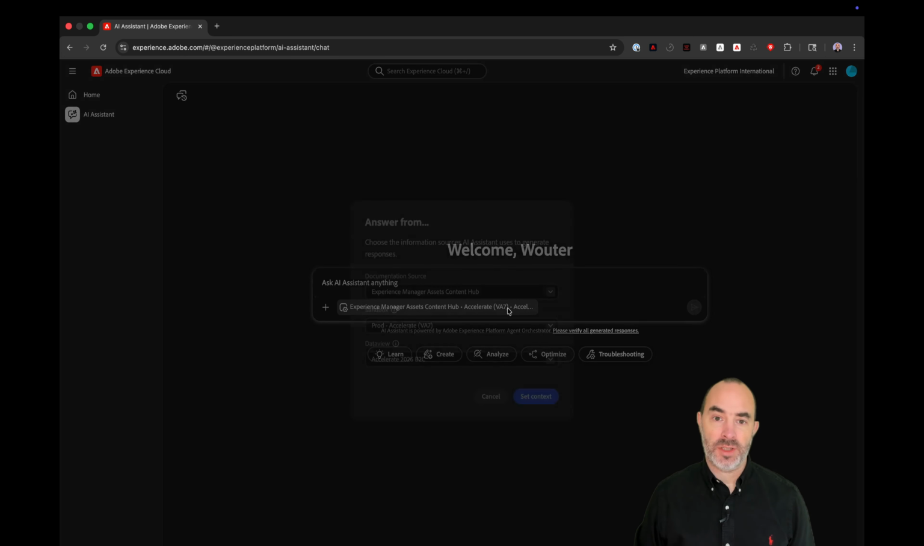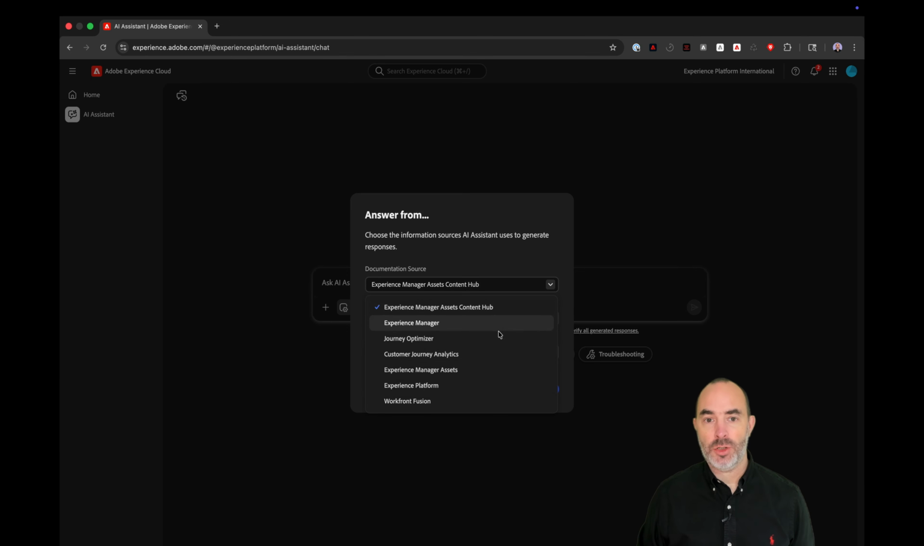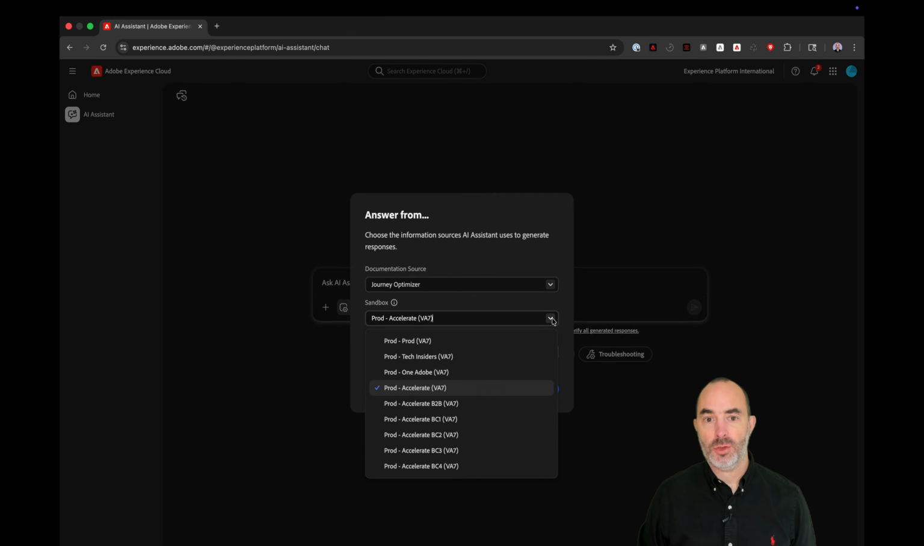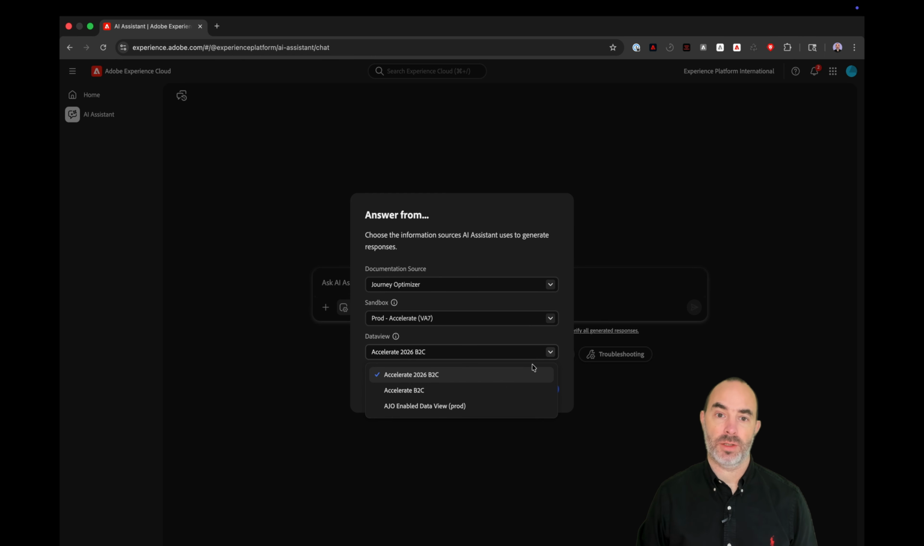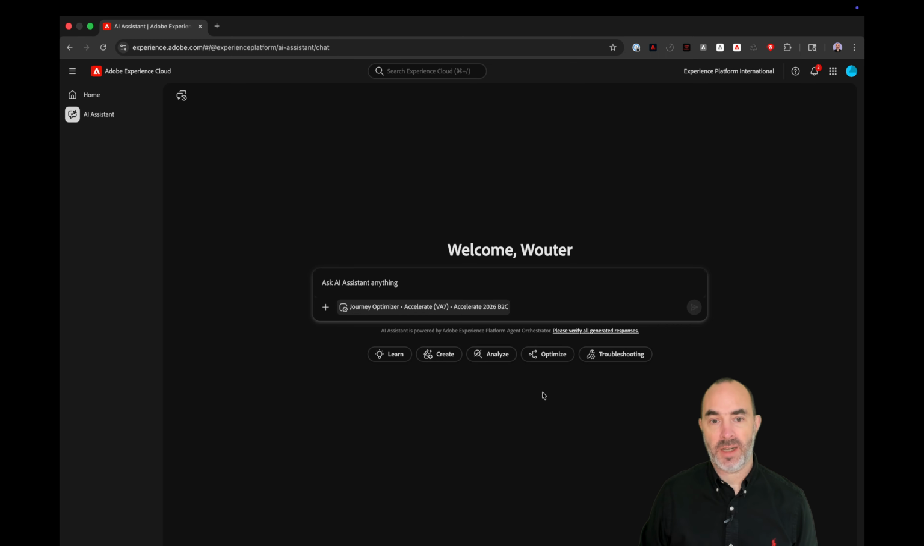Let's start our conversation with AI Assistant. When interacting with AI Assistant, it's helpful to set the context of your conversation first. In this case, I'm selecting Journey Optimizer as the documentation source, which helps to give preference to which set of Experience League documents to check for questions that relate to product knowledge. I'm also setting my sandbox, which helps AI Assistant to know which sandbox to look at when answering questions. And I'm also selecting a data view, which helps AI Assistant to understand where to go to find answers related